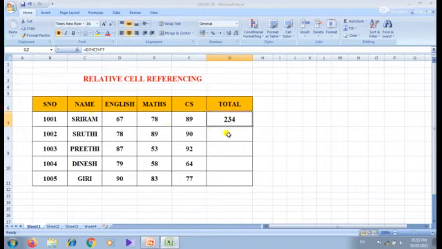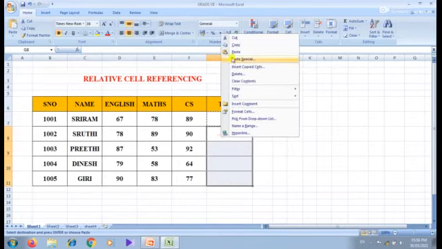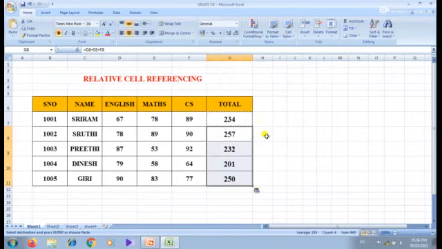Again, there is no need to type the formula to get the total marks of the other students. What we have to do is just copy this formula and paste it to all the cells. Then we will get the answer.